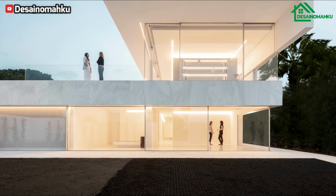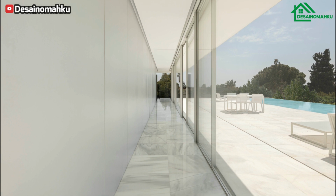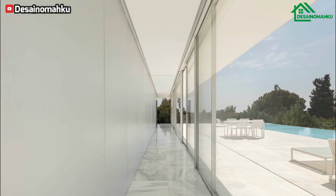It ingeniously manages the southern sun, offering respite in summer and welcoming its warmth during winter. The cover transforms into a walkable roof, becoming a panoramic belvedere that spans the entire plot, inviting inhabitants to relish